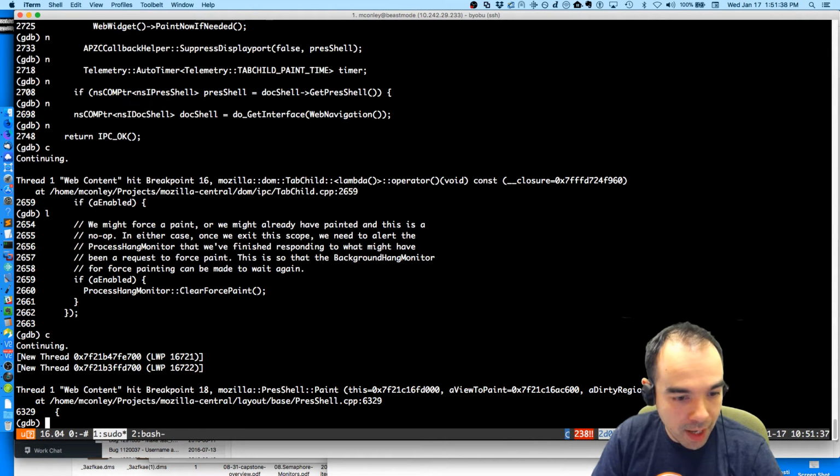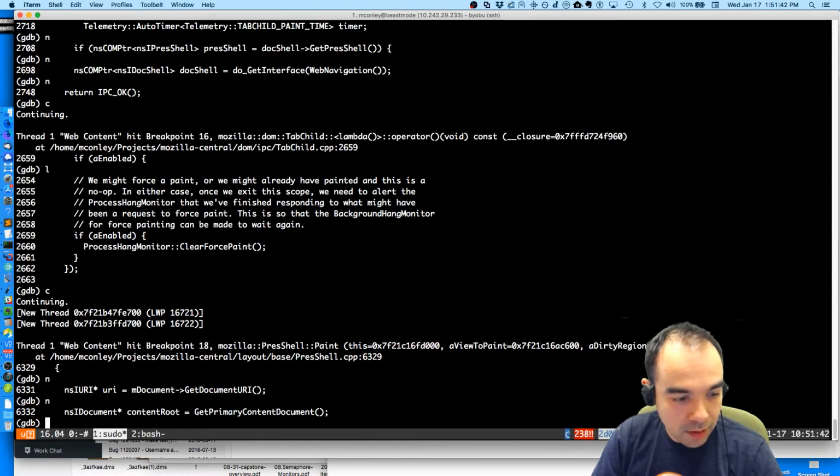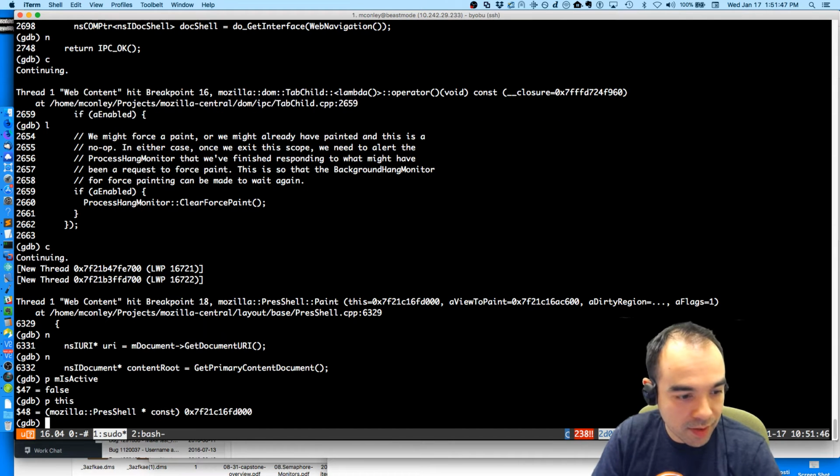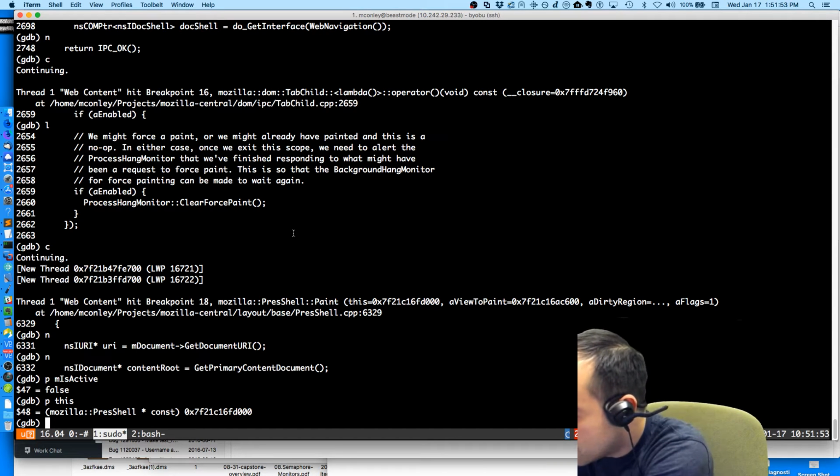And we're inside paint, pres shell paint. mIsActive is false. What? P this, 7FD000. And what were we before?